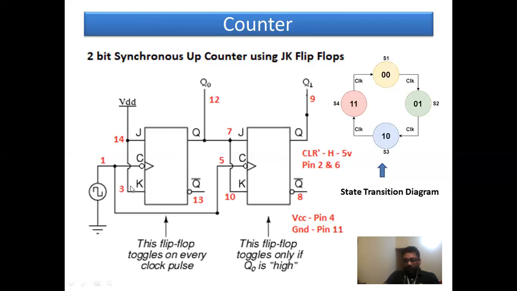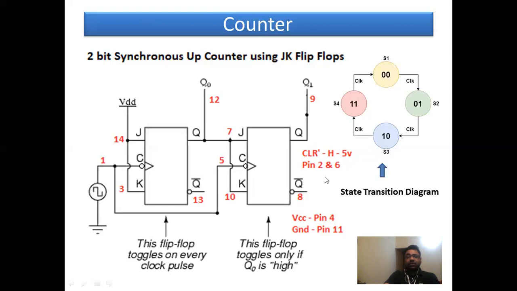Apart from all the standard pins, there are certain other pins also. What are those? Mostly the asynchronous control pins like clear bar. Clear bar should always be high for clocked operation. In the previous slide, I explained what the asynchronous input is and why that clear input should always be high. So this high means 5 volts should be connected to clear. There are 2 clear pins in each IC because for each flip-flop you have one clear pin. So 2 and 6 are the clear pins which have to be connected to high.